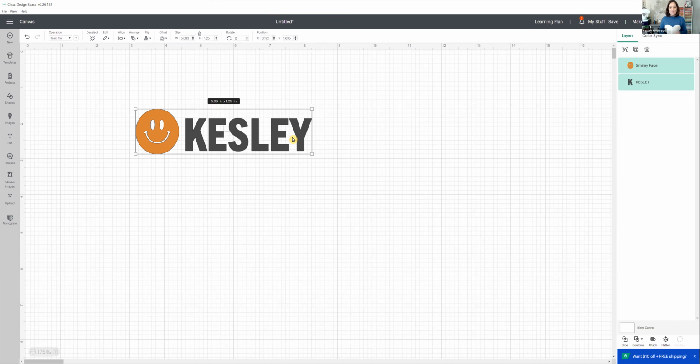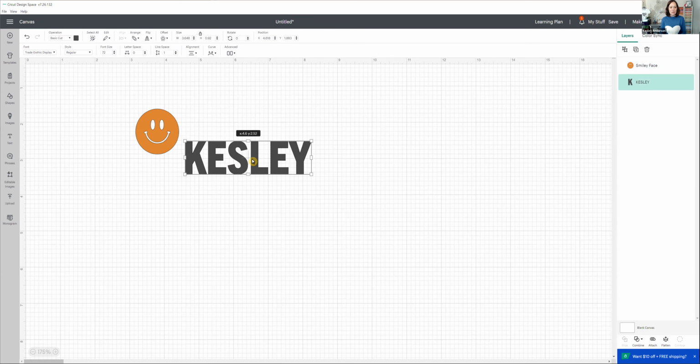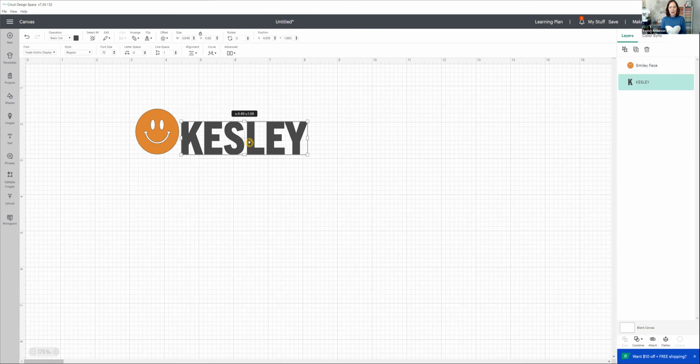So once you have that on, now the last step to do is to line it up. So if you're going to cut just one color of vinyl, you would want to keep your position of the smiley face and your name. You want to hold it together. So you're going to want to do that attach feature. But let's say you kind of got it. Maybe you're a little off. You're not sure you're centered. You can,